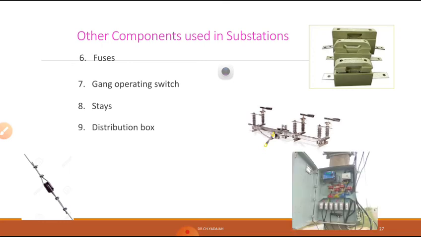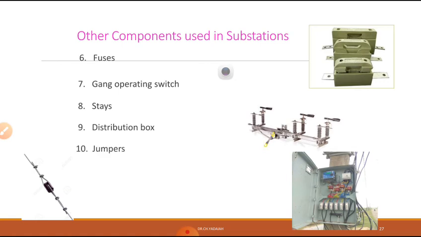Now a distribution box, you can see the distribution box after the output of the DTR, so it is connected to the distribution box. From this we are connected to the feeders through the cables, R, Y, B cables. These are all things already known. Now here once again you recollect what the material is and what is the purpose of this material.